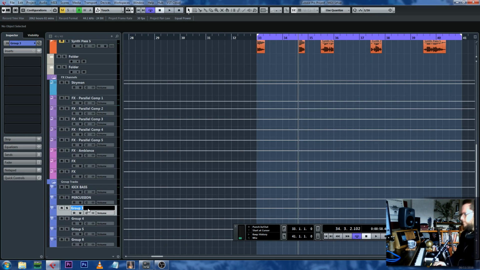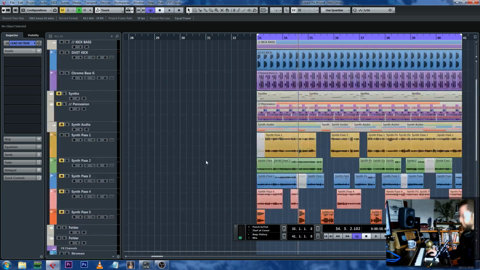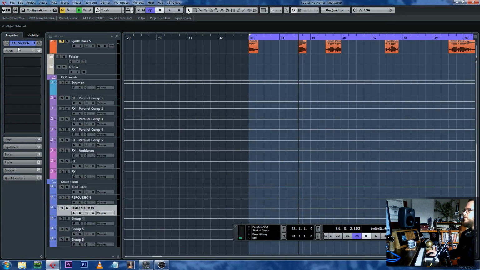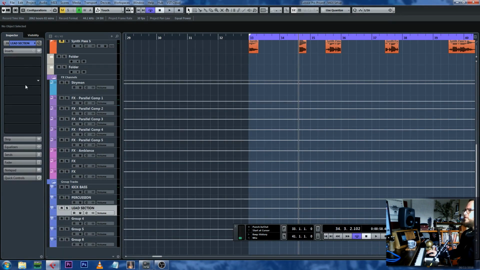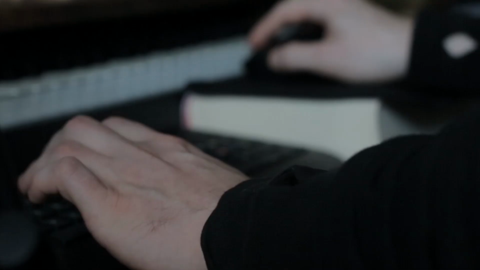I'll call this lead section. Okie doke. And then I'll bring the channel down on that. In fact, I'll probably do this with compression. So let's bring in the URS